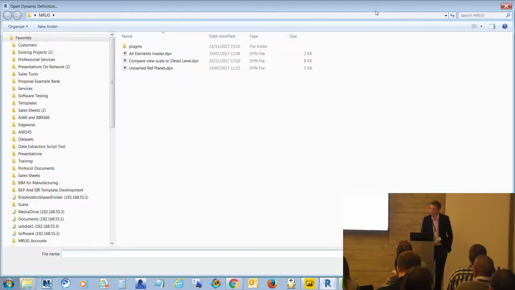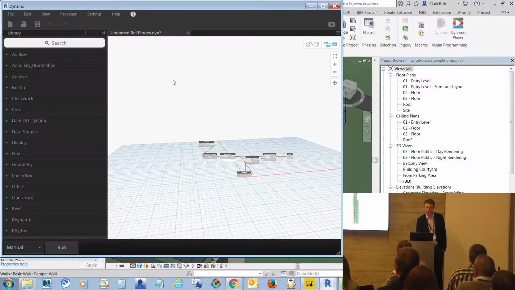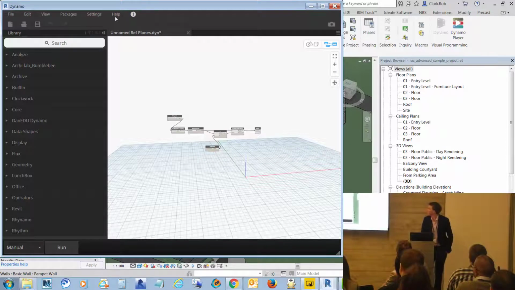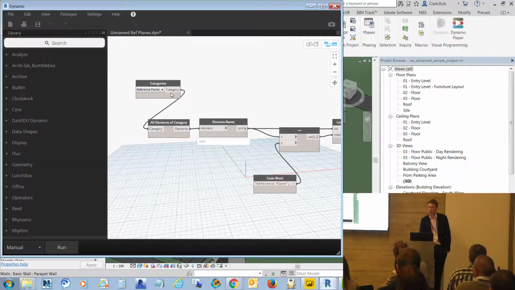Okay, so all I'm doing here is I'm in Dynamo and I'll open up a script that I've already written. So what should we do first? Unnamed reference planes as a script. So this is the Dynamo workspace here. I'm going to zoom in. Just a few nodes. Basically, this is a way of scripting and telling the computer to do a check in